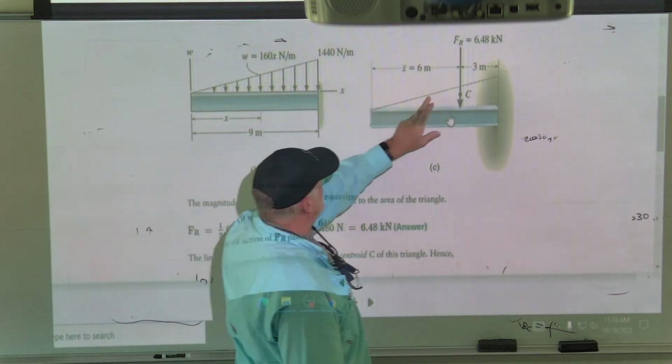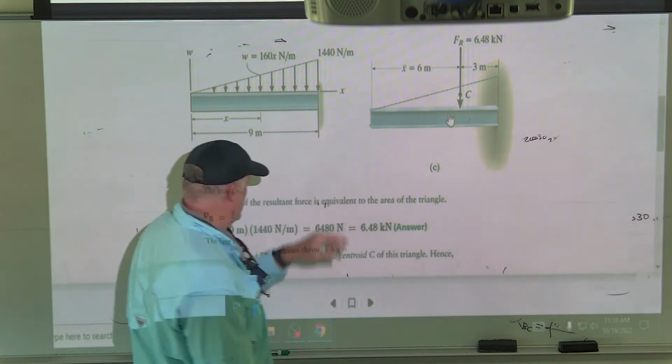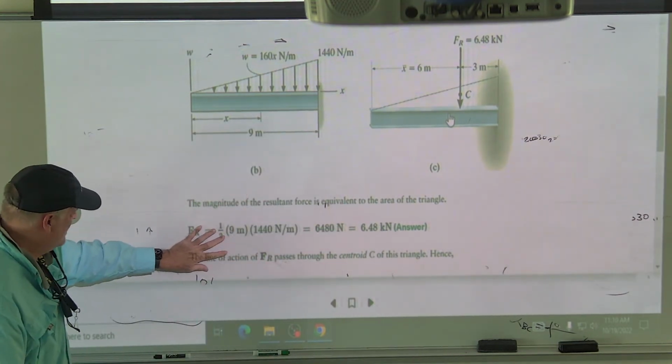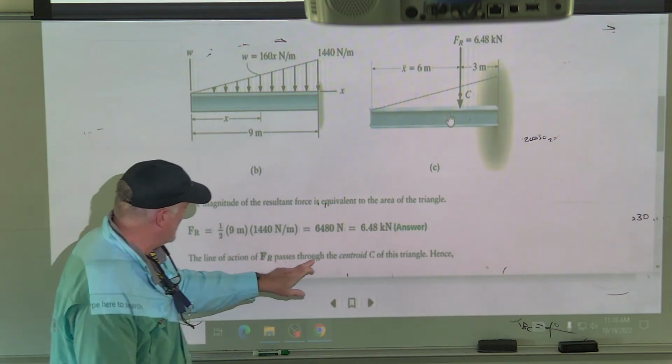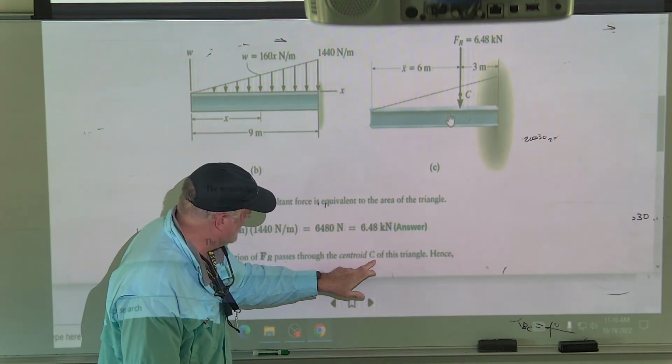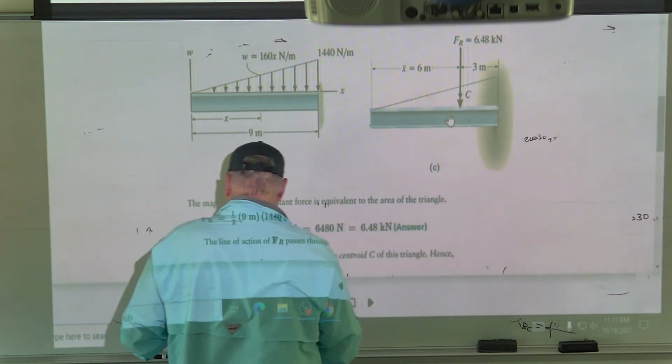Now the key is, is it 3 foot over or a third over? And you get that from integration. Now, I don't know that he does the integration, but he says the line of action passes through the centroid of the triangle, which is the weight diagram. It doesn't have to be a triangle. In other words,